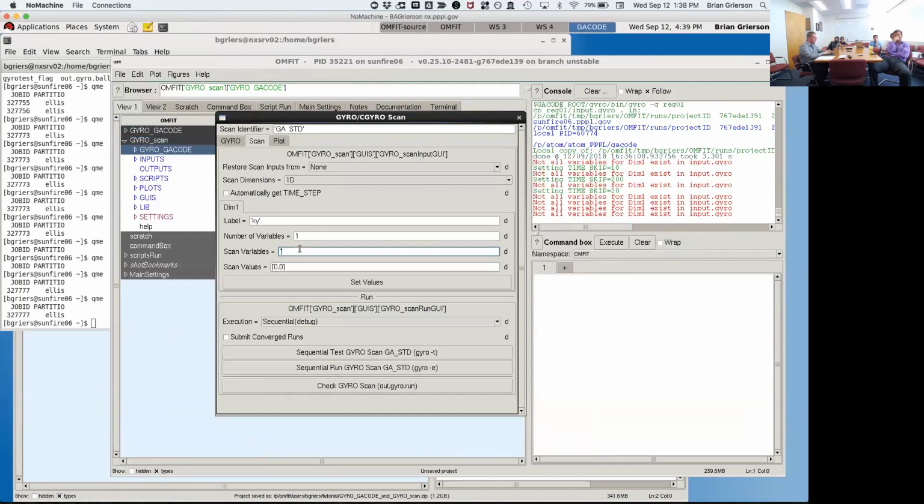The scanned variable, you can see this red text. It says not all variables for DIM1 exist in input.gyro. That's because I haven't provided a variable yet. The variable I'm going to apply is KY. And KY does exist. KY is the input variable for K theta rho S. And now what about the values? The values I'm going to scan,